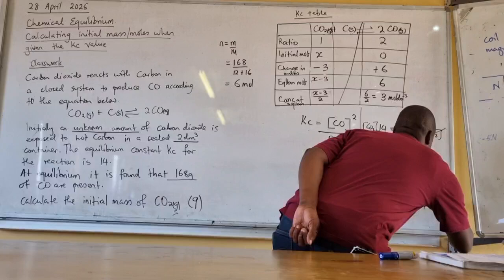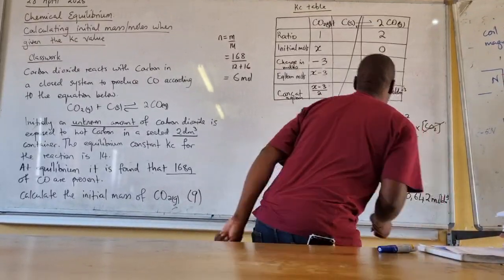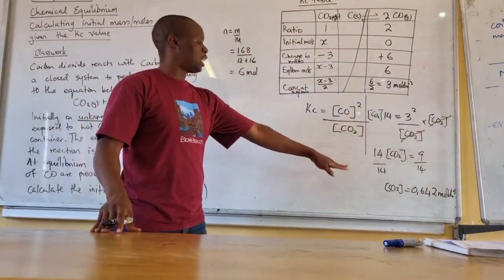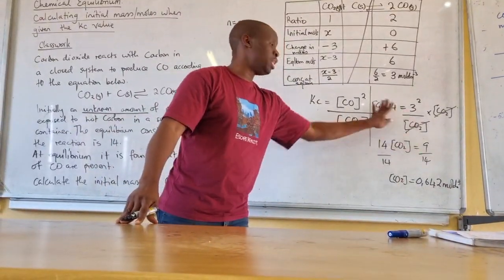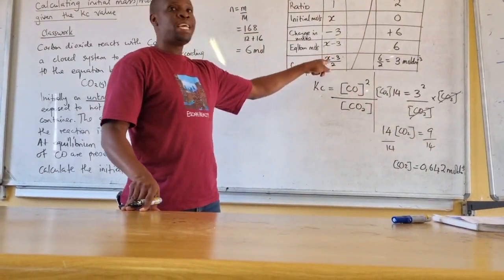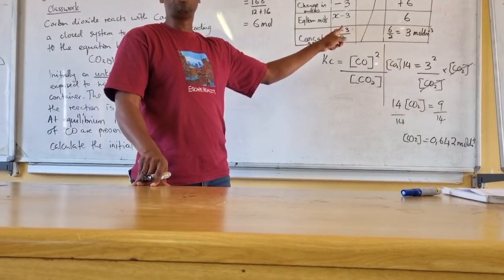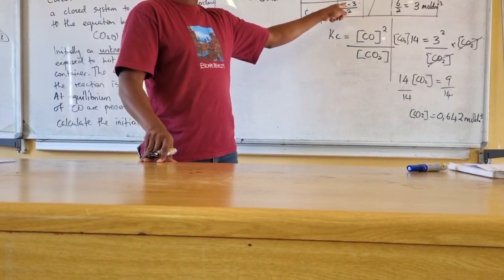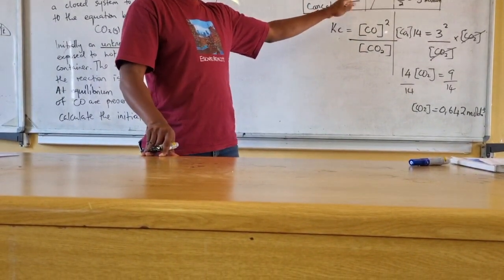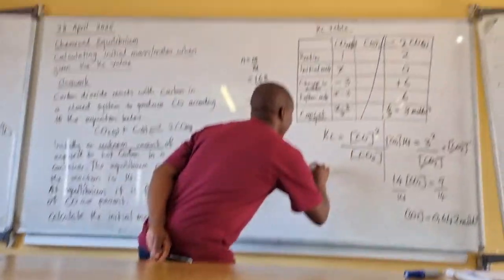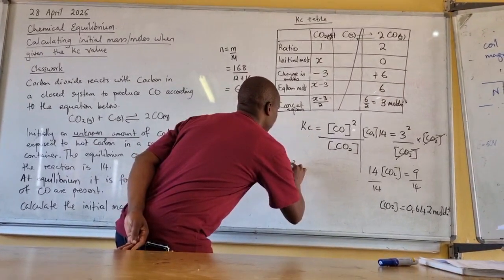0.642 moles per cubic decimeter. So we now have the concentration of carbon dioxide from this calculation. But here in the table, we also have the concentration of carbon dioxide as X minus 3 over 2. So I can equate the X minus 3 over 2